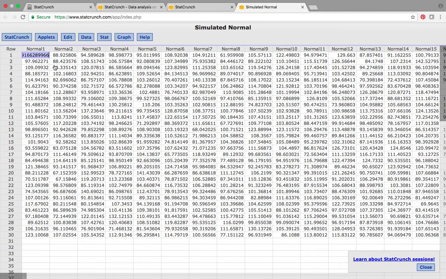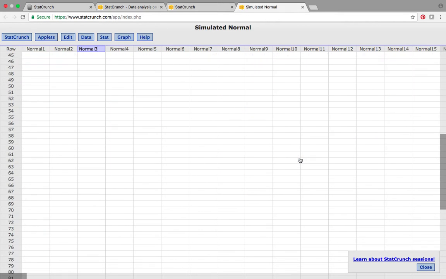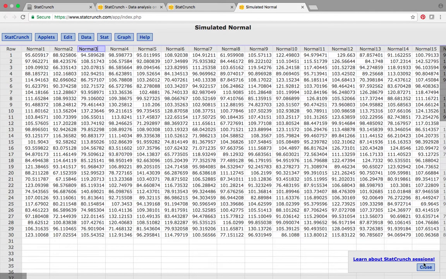So here's what I have first of all. My first column represents the numbers, well, it represents sample number 1. And what I could do is I could add all these numbers up, which I'm going to do in a minute, and get x bar 1. This is my second sample right here. I can add all these numbers up and get x bar 2. I can add all these numbers up and get x bar 3. and I can go all the way out to the right